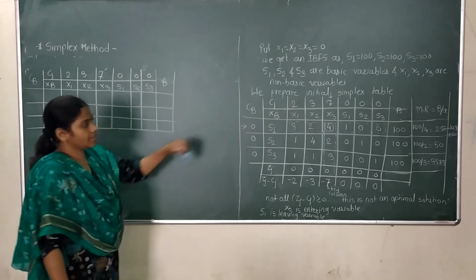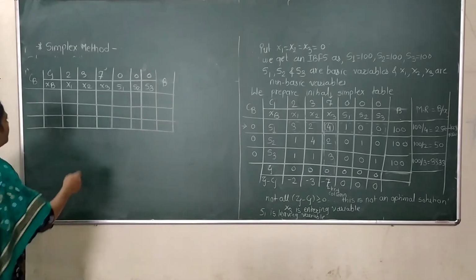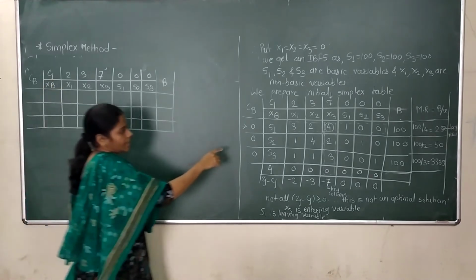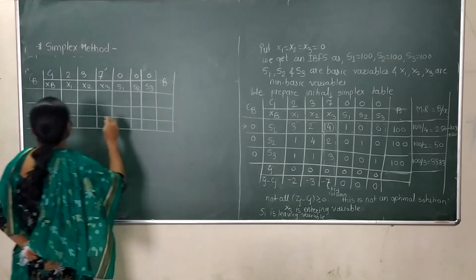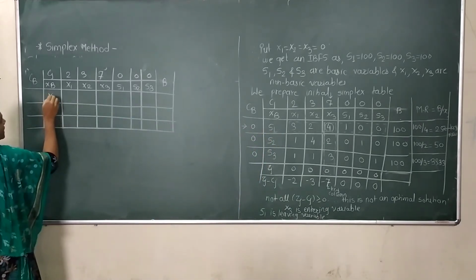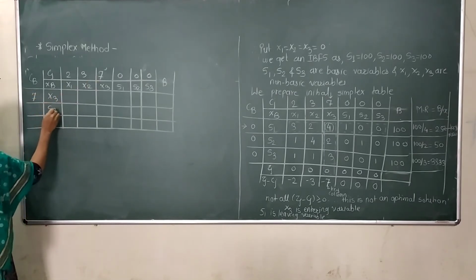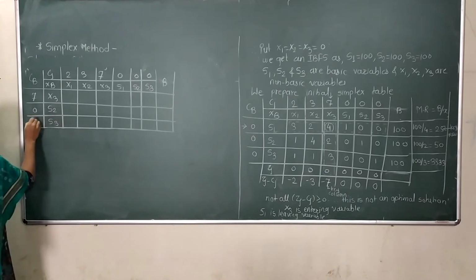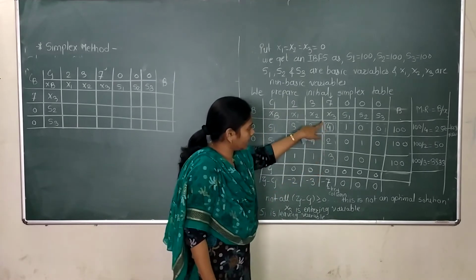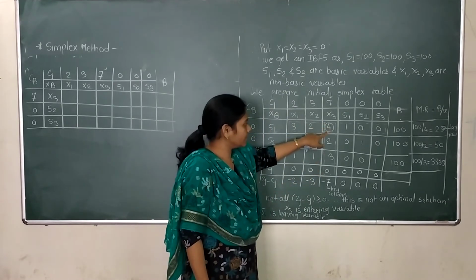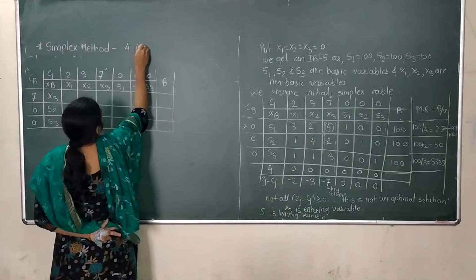S1 is the leaving variable. So in the next iterative step, we will improve this table by replacing this basic variable. As this is the leaving variable, it will leave the first row. So here we will replace this S1 by x3, and its coefficient is 7. The rest of the variables are S2 and S3. At the intersection of this key row and key column, we get an element which I have denoted by a circle, which is called the pivot element. And here 4 is the pivot element.